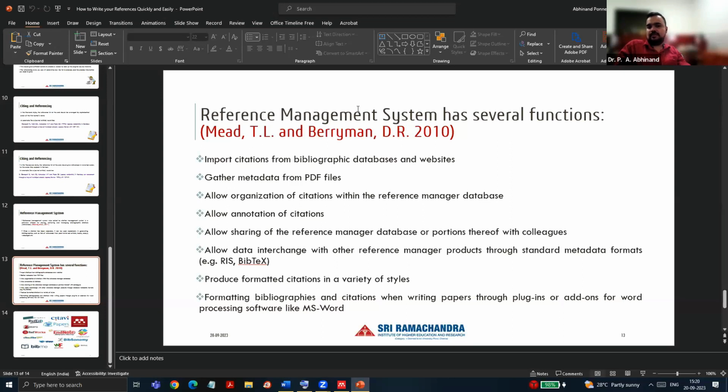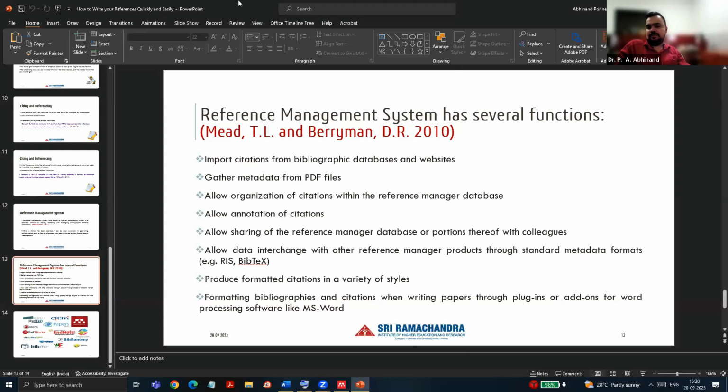And these reference management software can be integrated into your word processor. Typically, MS Word you will be using, right? So it can be integrated into MS Word. And today we have word processor that can work with Google Docs also. Many people are migrating to Google Docs. So for Google Docs also, we have the referencing software today.